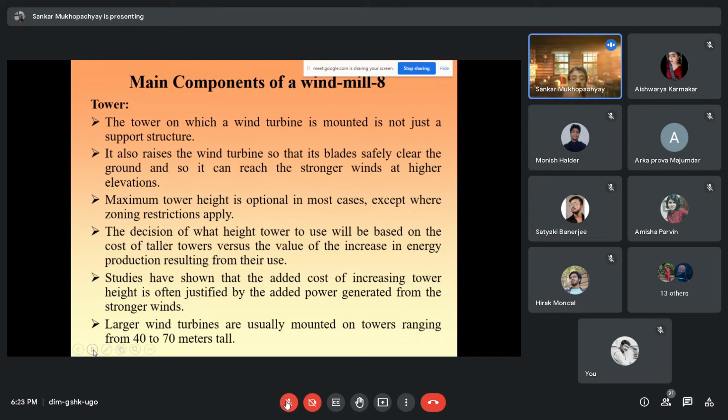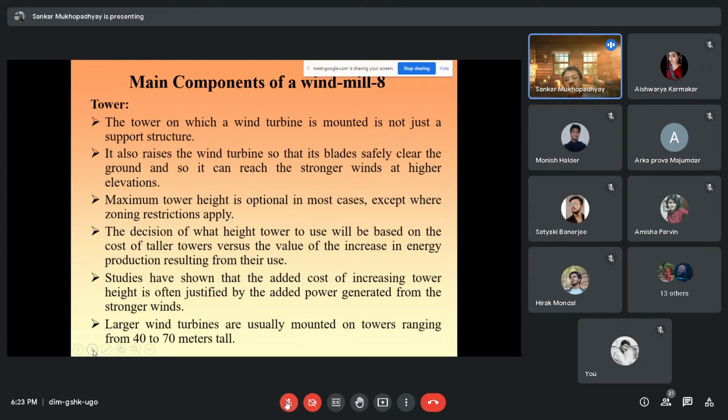Studies have shown that the added cost of increasing tower height is often justified by the added power generated from the stronger winds. এখানে একটা ইকোনমিক্স থাকে, আমার টাওয়ার তৈরি করতে কত খরচা হবে, পুরো ইরেকশন কমিশন করতে, এগেনস্ট আমি কত এনার্জি বেশি পাবো। আমি যদি বেশি এনার্জি পাই এবং তার যদি লং টার্ম এফেক্টটা অনেক বেশি হয়, তাহলে টাওয়ারের পেছনে ইনভেস্টমেন্ট জাস্টিফাইড। সো দ্যাট ম্যাথমেটিক্স উই নিড টু ডু।